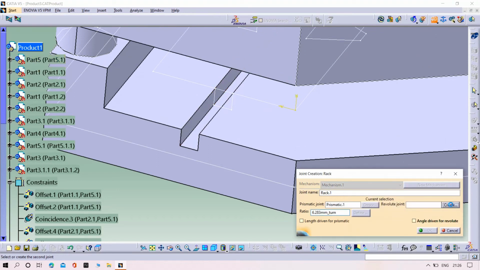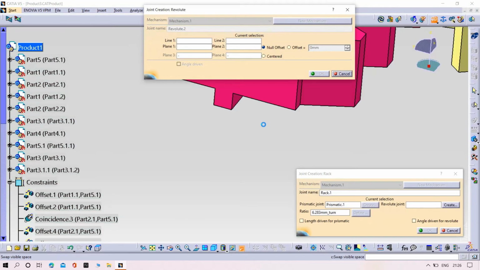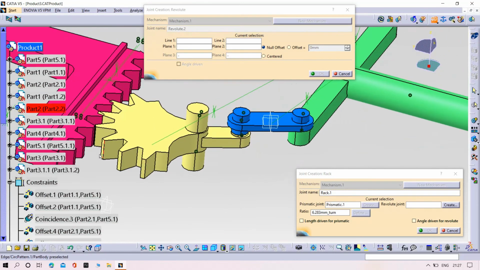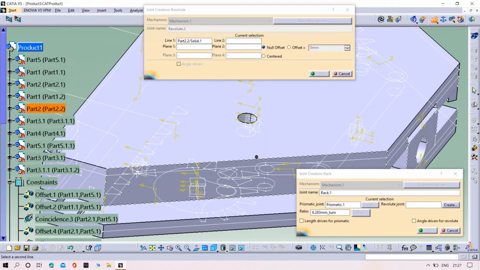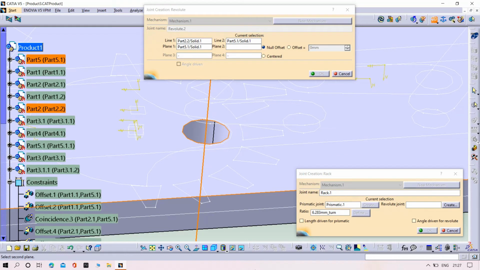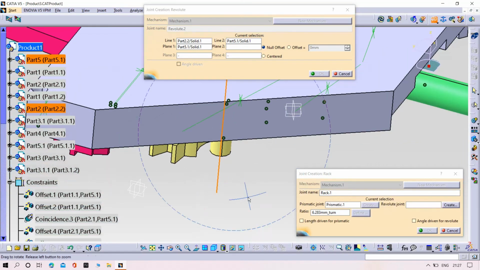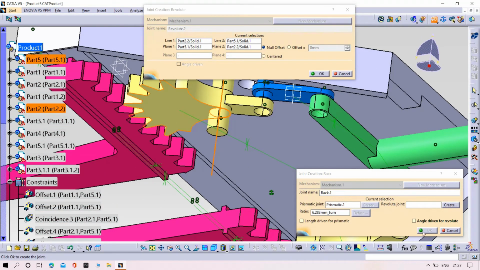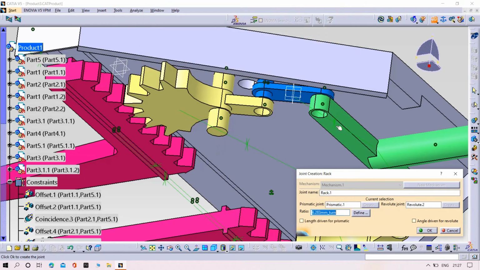For that, select the coincident lines, and then select the surfaces which are in contact. Then click OK. Then click OK.